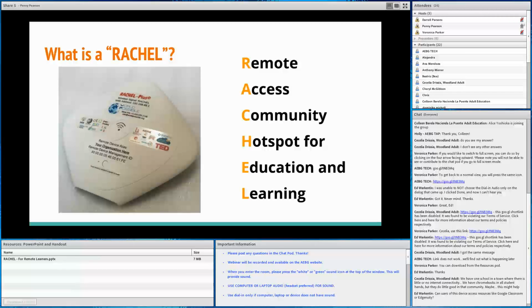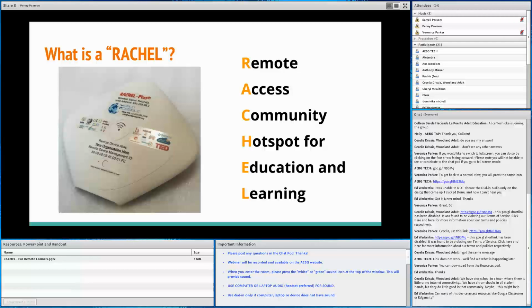Ed, it depends. If you have the capability and you have Google Classroom or Edgenuity in a downloadable form, like you have exported your classroom, and I would have to defer to the Google experts on that, or if Edgenuity could be downloaded in a file format, then you probably could. For example, I know that I can load a copy of Moodle, a learning management system, onto this device and take it into remote areas and allow learners to use it and be able to track their participation and their goals. Okay.